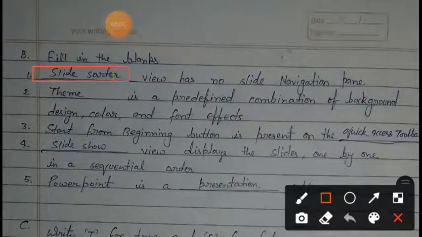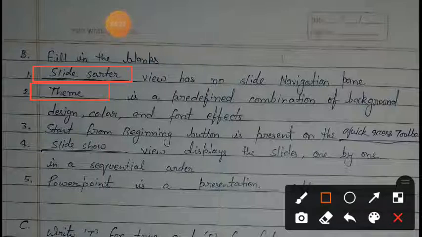Students, here you have to fill slide sorter. Slide sorter view has no slide navigation pane. Question number second is dash is a predefined combination of background design, color and font effects. So students, here you have to fill themes.